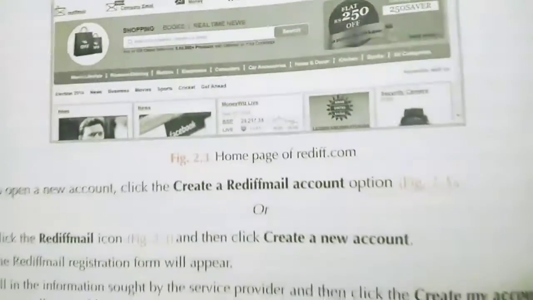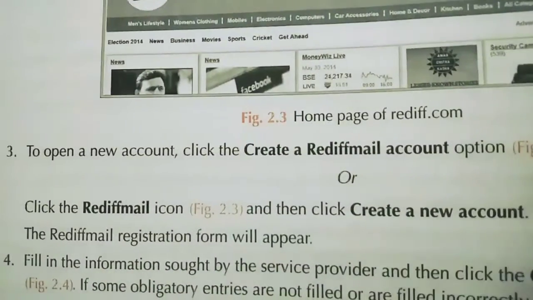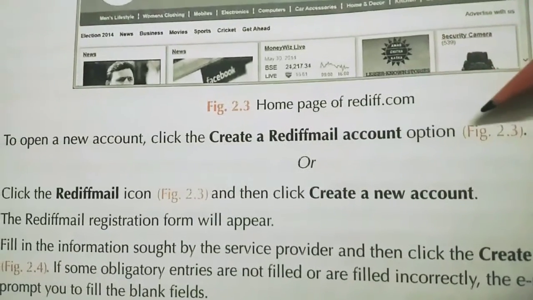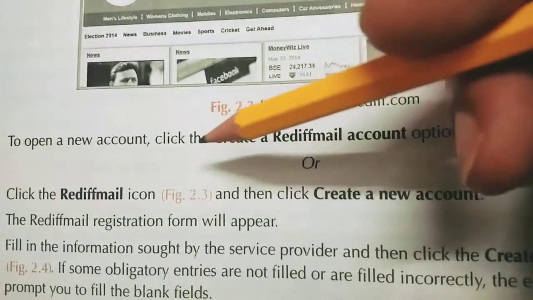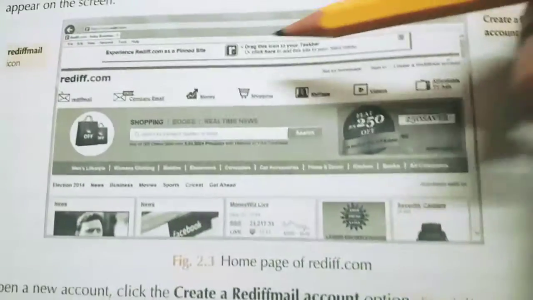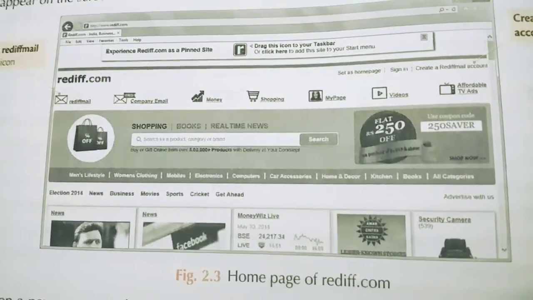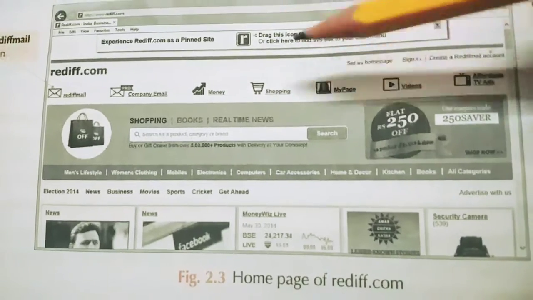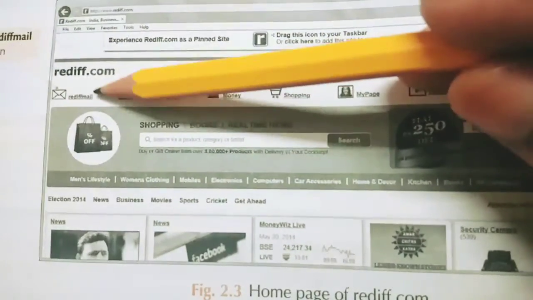Next step: to open a new account, click the create a Rediff mail account option, or click the Rediff mail icon and then click create a new account. So here you will see many options are given. If you want to create a Rediff mail account, email account, then you have to click here.